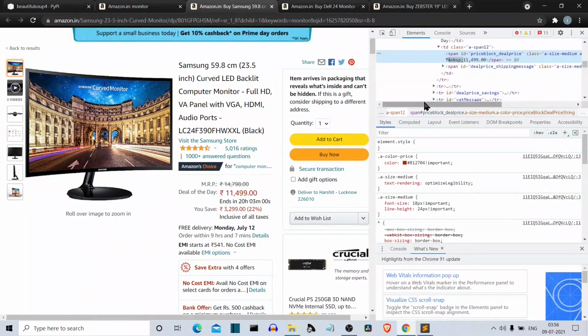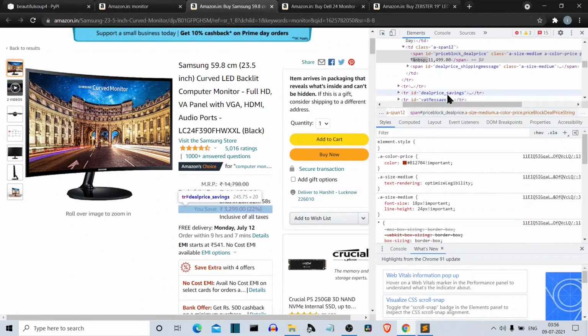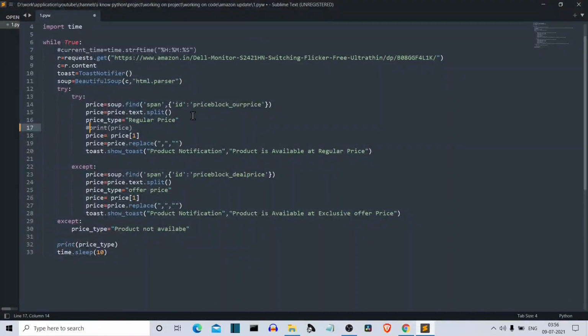From here we can see the span ID in which the value is priceblock_dealprice. So instead of the span ID priceblock_ourprice, we have to write span ID priceblock_dealprice, and all the things will remain the same.